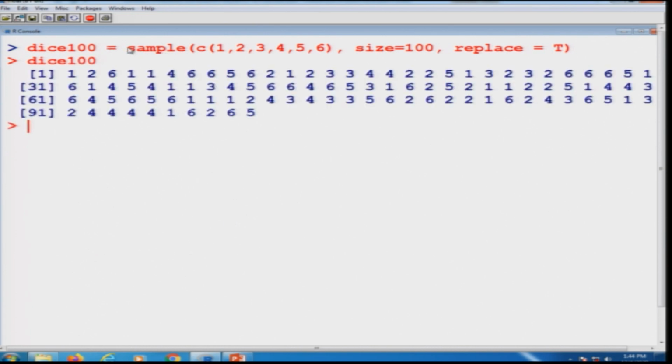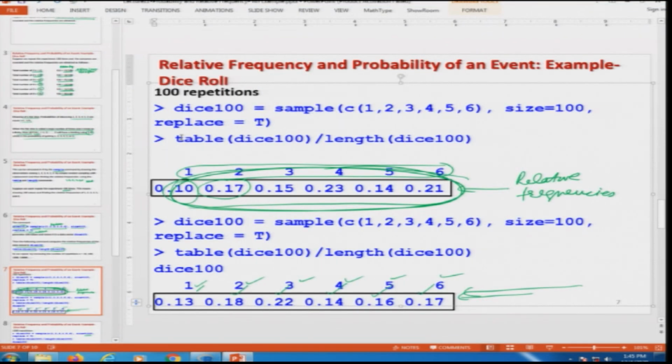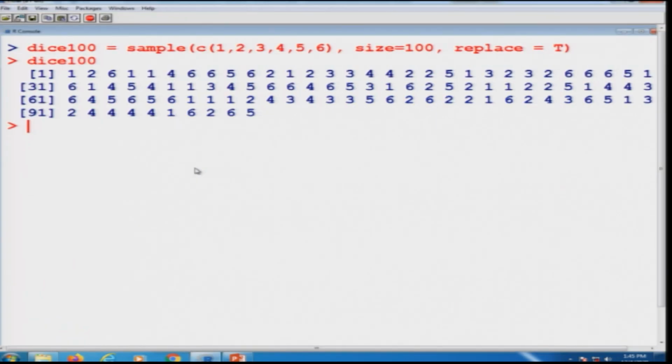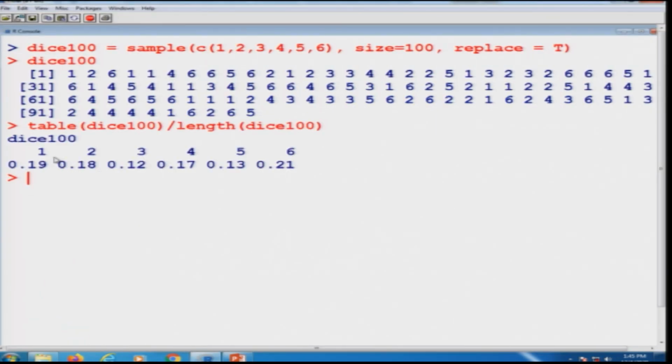So, what is happening? This sample command samples 100 values from these numbers 1, 2, 3, 4, 5 and 6 by simple random sampling with replacement, but it gives us the impression as if the experiment has been conducted 100 times, and now from there we simply compute the relative frequency of this event. You can see here the relative frequency of observing 1, 2, 3, 4, 5, 6 comes out to be 0.19, 0.18, 0.12, 0.17, 0.13, 0.21 respectively, but they are not the same,